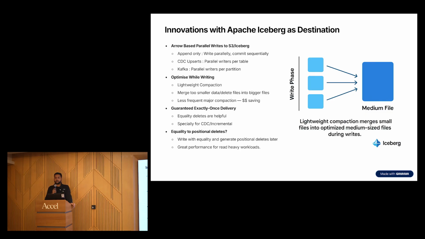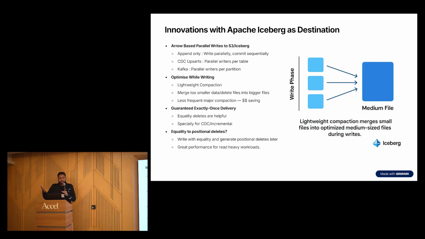compared to simply using the Java API for Iceberg. We have done good benchmarking on this. Apart from that, while writing to Iceberg, there is one really cool technique we are thinking of experimenting with, and we have done some mathematical modeling around it: lightweight compaction. While you're writing the data, if you're syncing at anything less than a couple of minutes frequency, you would end up creating really small files on the Iceberg side. That's what's called the small file problem. So while we are writing the data, can we take these couple-hundred-KB and single-digit-MB files, and at the time of write itself, merge and write them,